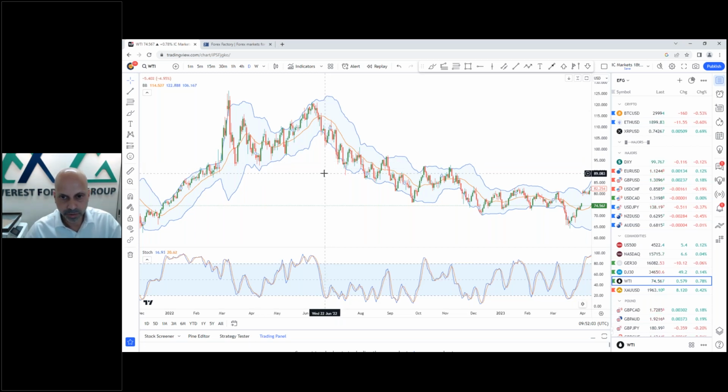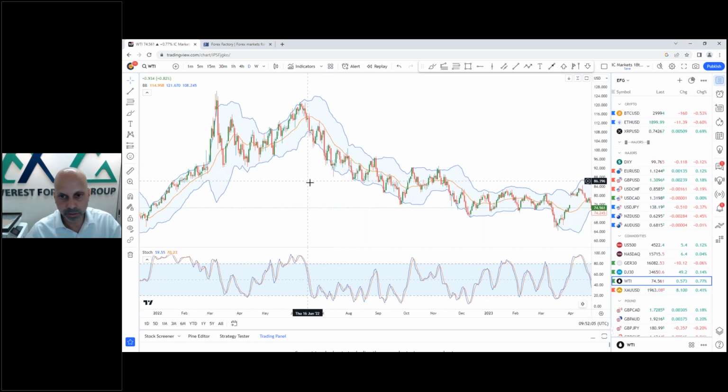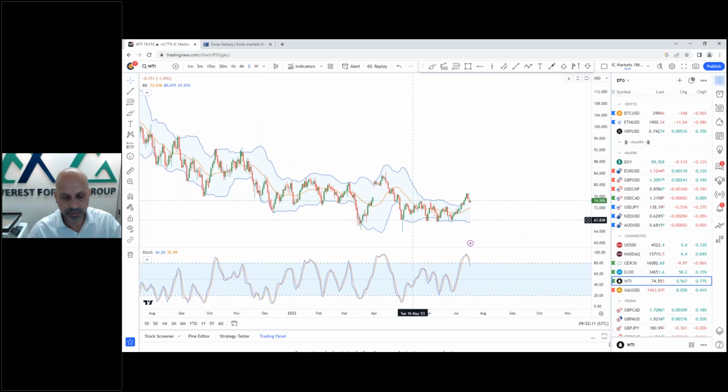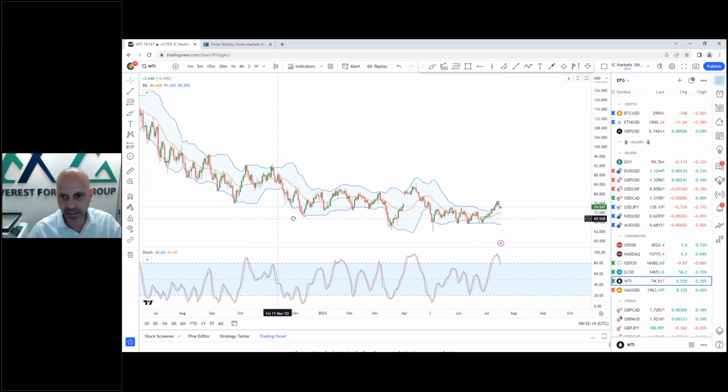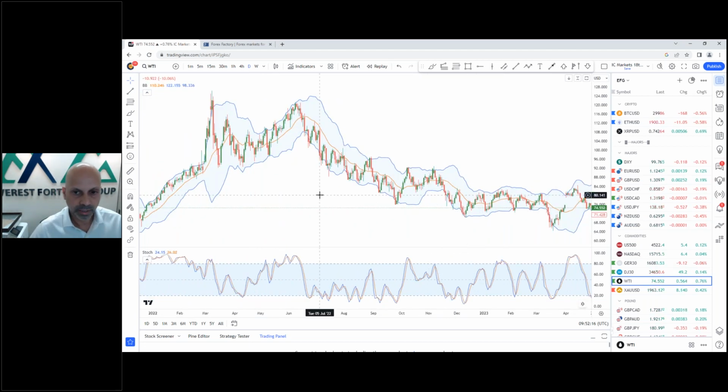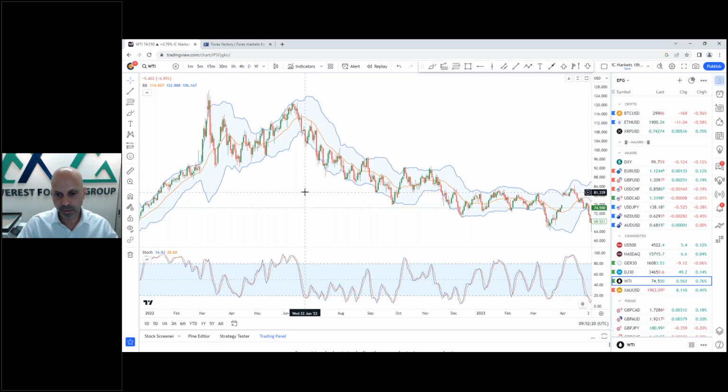So of course, this is on a daily chart, but then I will zoom in onto the 4-hour chart to actually try and see how we can do it, and also try and see how we can relate this to where price is currently trading. But just to see how it generally worked in the past,